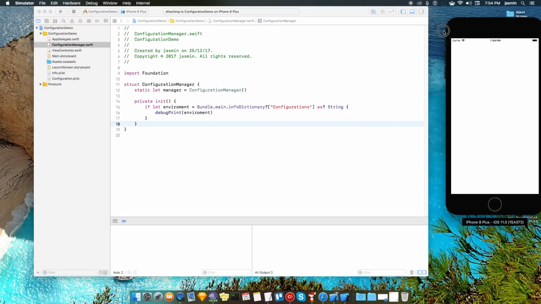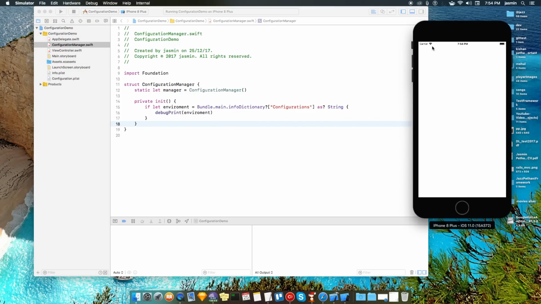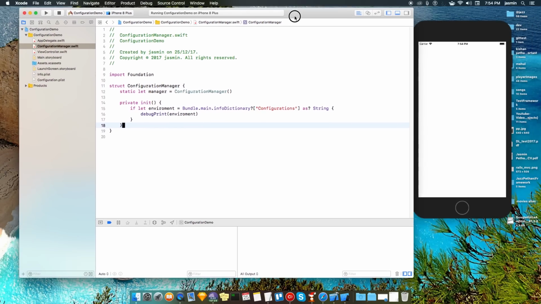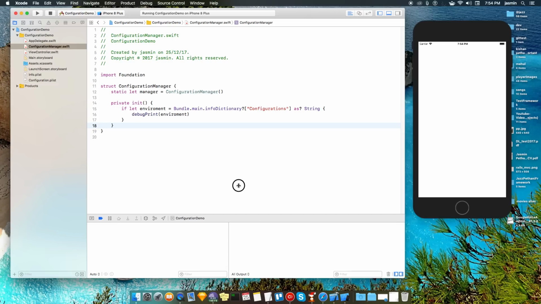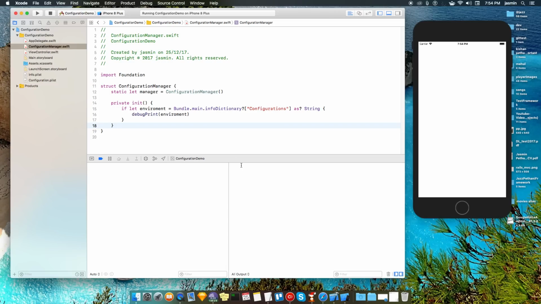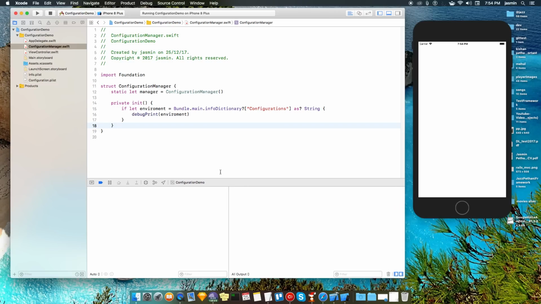Yeah, our application is running now. So keep your eyes on the console. Let's put a breakpoint so you can know that the info dictionary is getting the things.